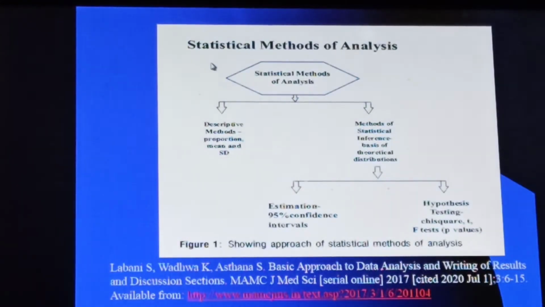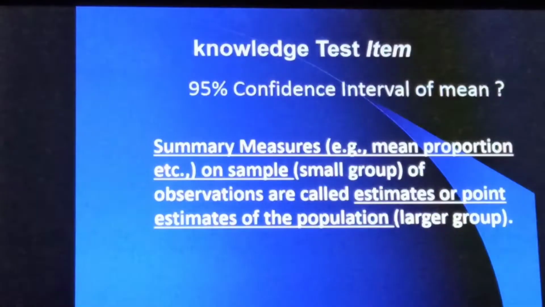So now coming to statistical methods. We talked about descriptive methods: calculation of mean, median, standard deviation. Earlier we talked about proportion and percentage also. So these are all descriptives. Now coming to inferential statistics, there are two arms. One is estimation, the 95% confidence interval, the other is test of significance. Obviously whatever mean we calculate here is an estimate of the population mean. We are going to talk about that now.